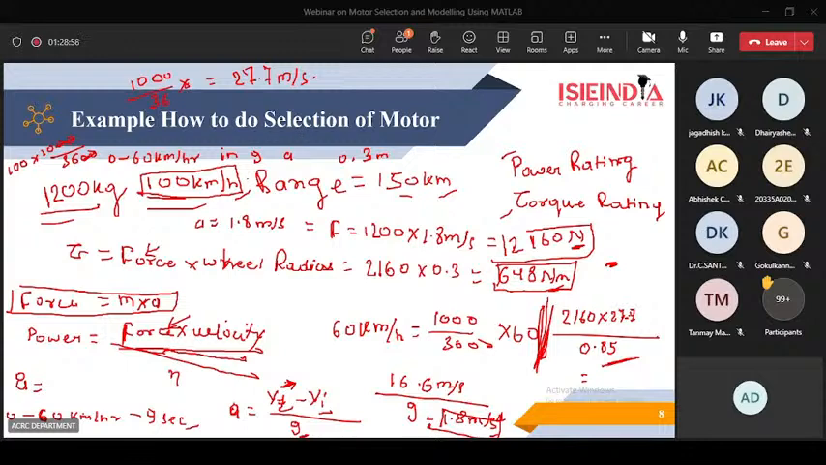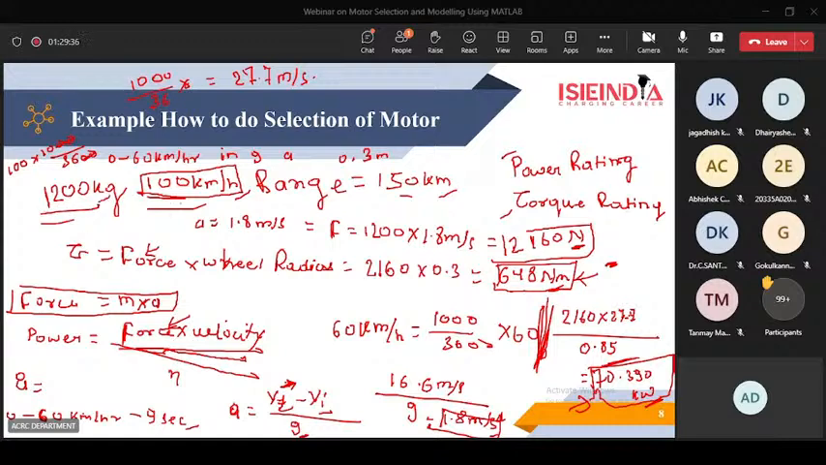So the answer I got here is 70.390 kilowatt. So this much power of motor I require to rotate my vehicle. Here I have calculated the power and the torque. Here it is 648 Newton meter. So this much torque and power rating of motor I require to drive my vehicle, which is of 1200